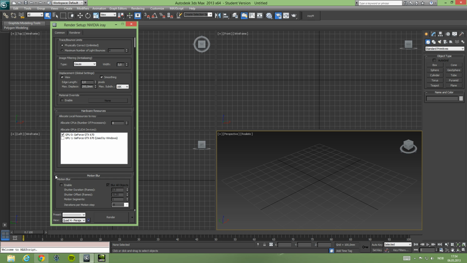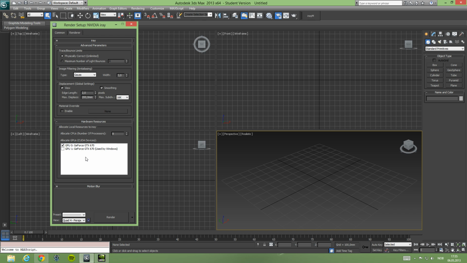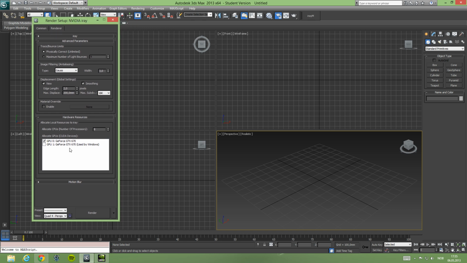It's not like a filter in Mental Ray, where depth of field or motion blur or glow or stuff like that will take a lot of your render time. There will be no effect. It'll just be as if you didn't have it. It's amazing. All right, so we've actually gone through the entire NVIDIA Iray